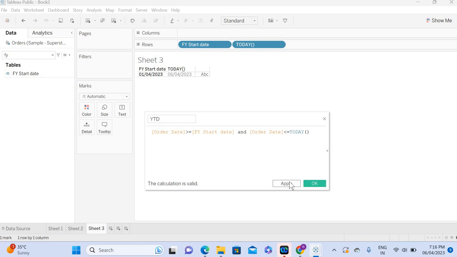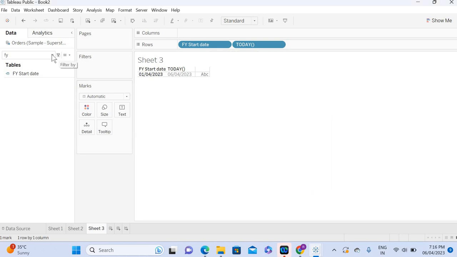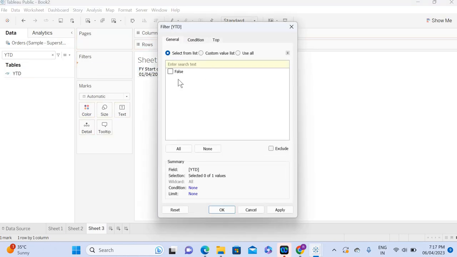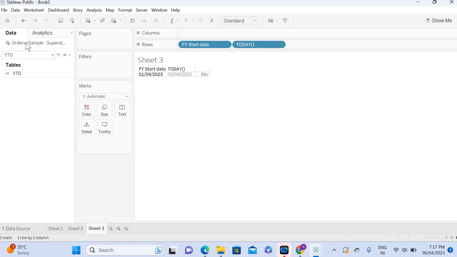You can simply drag this calculation to the filter, and then you can select this YTD. Okay, and as per this data, we do not have data. So I'll do one thing actually. Instead of this, let me